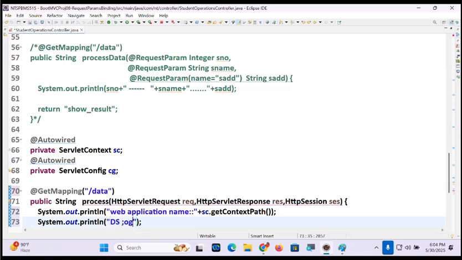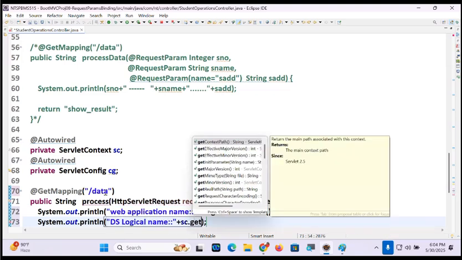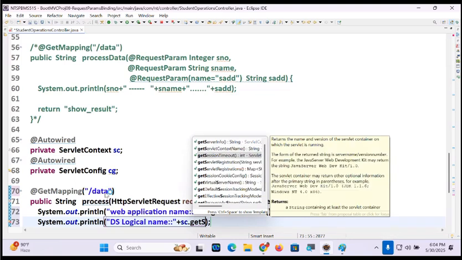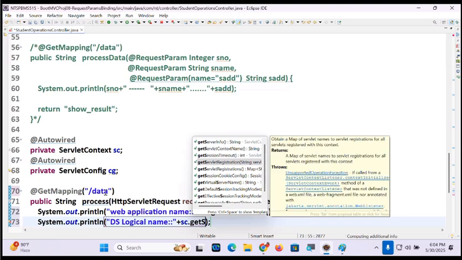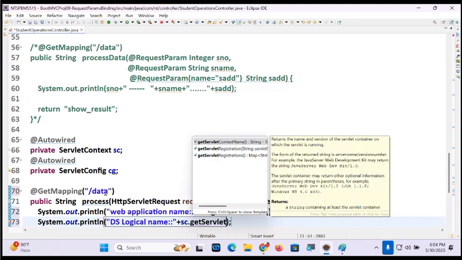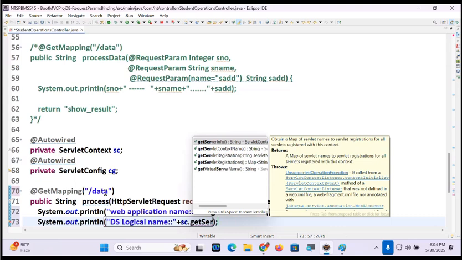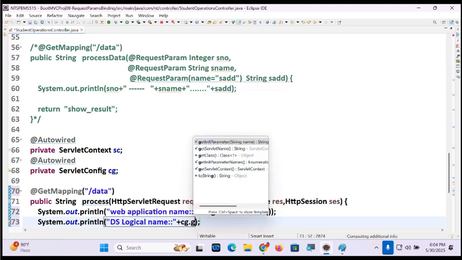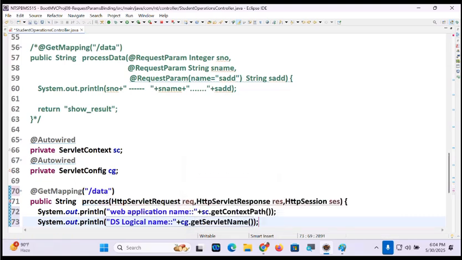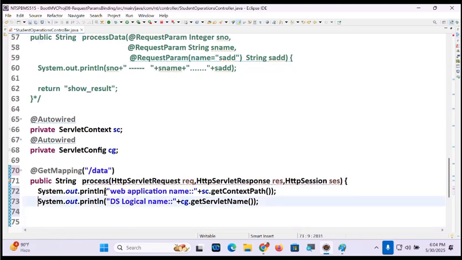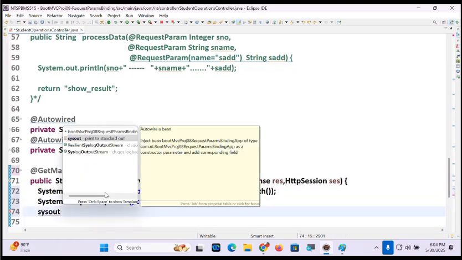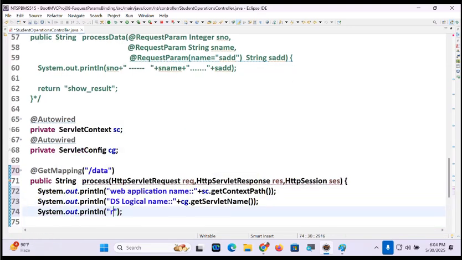What name, guys? sc.getServletName(), or cc.getServletName(). Okay, System.out.println.